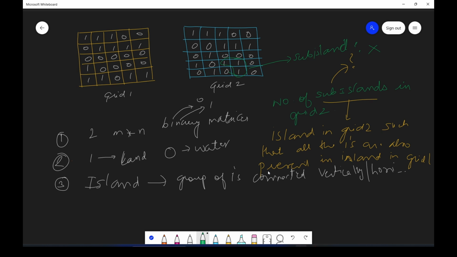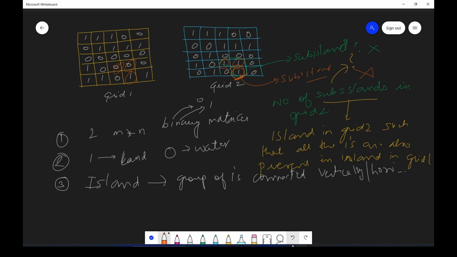Okay. Now you might be thinking that, okay, Ayushi, we can do it like this. We understand that here there was 1, but here it's 0, and here it's 1, but here it's 0. But this one, it is 1 here. So can we take this one only as a sub-island? No, you cannot do that. Why?